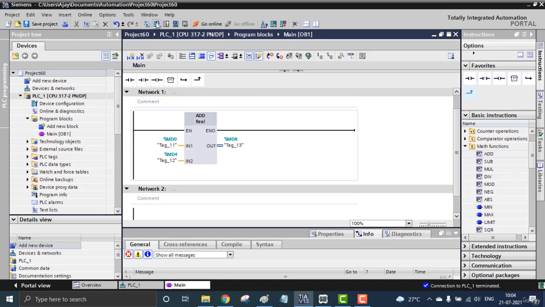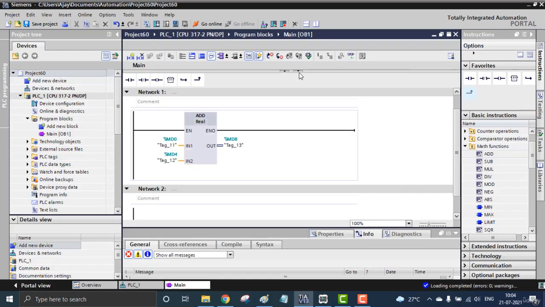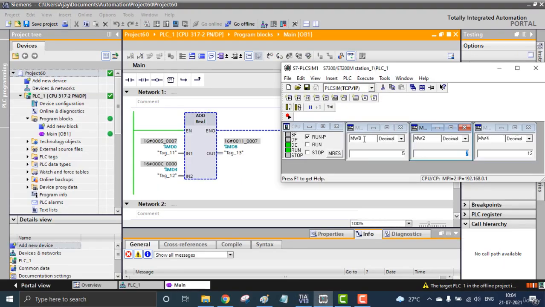So I'm going to download, and by adding this function, you can see that it could be md0 and md4, and here we will be getting md8.